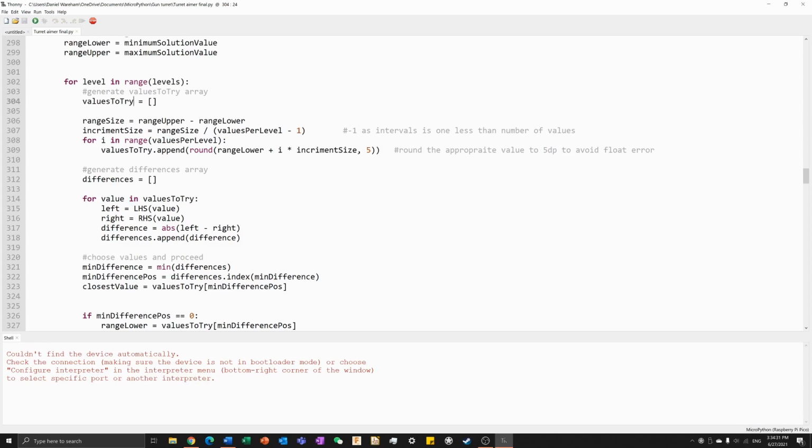So then, once you've done this part of the calculation, you just append it to the differences array, and now you have 2 arrays. One is the various values in degrees that you're trying, and the other is the difference between the left-hand side and the right-hand side, which is the result. And since they line up perfectly, because there are an equal number of them, you can access both of them essentially with the same index. This means that if you find the value with the